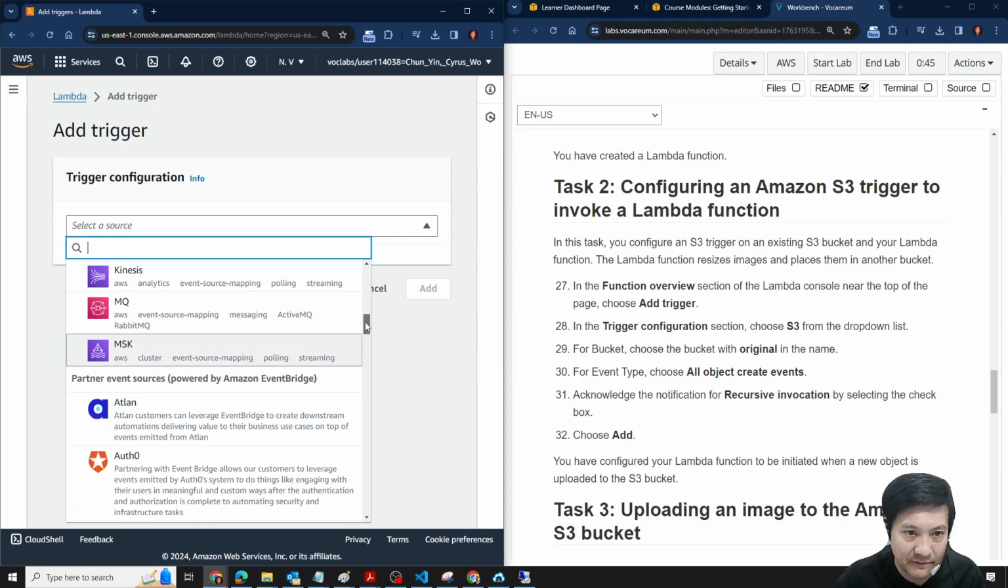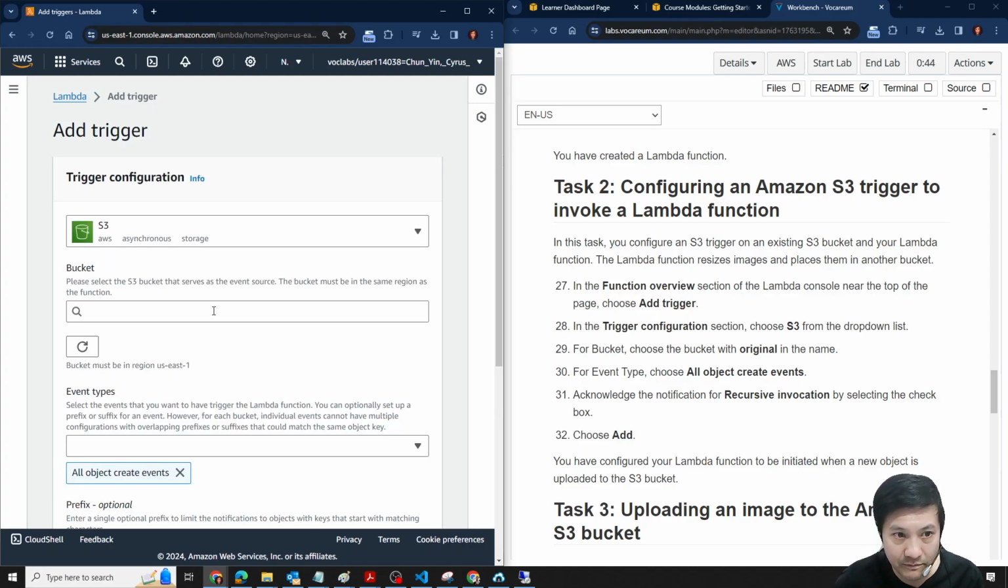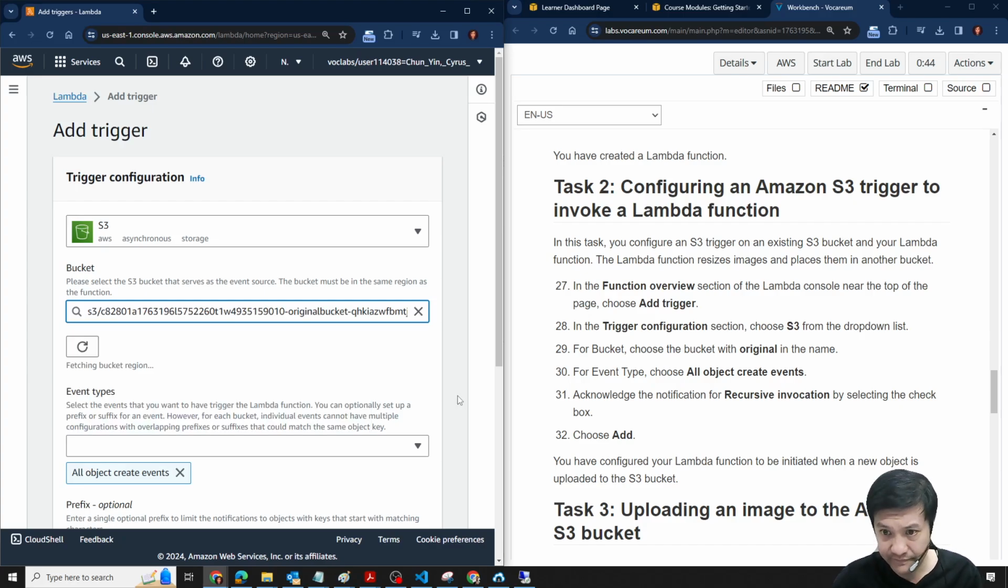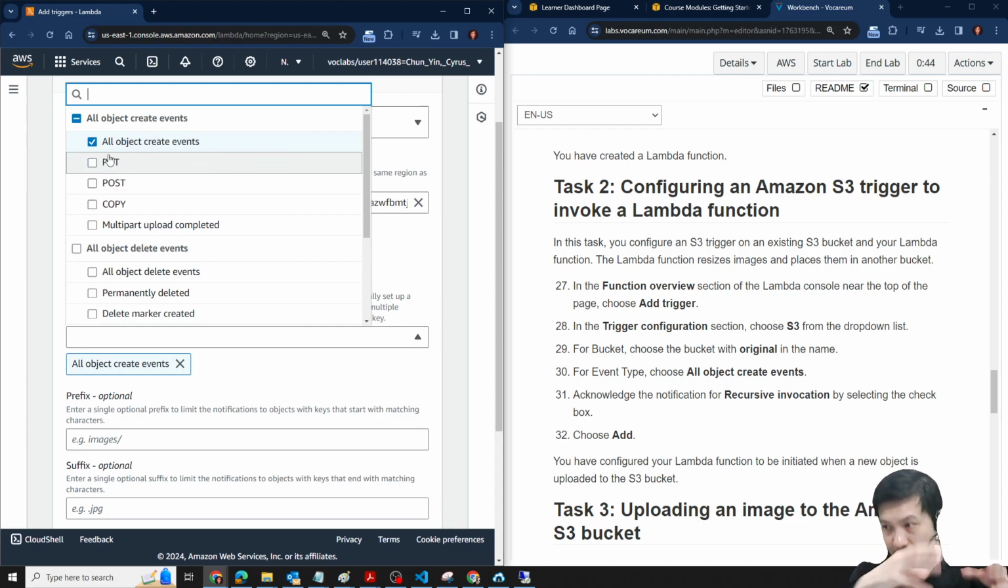But for our case, it's something very general. You pick the S3 bucket here, and then you search for the bucket. Original, this one, the original bucket. Okay, pick this one. And all object creation events. There are different types of event, but by default it is all object creation events. It means a new object is put, a post of a new object, a put that updates it, a copy that also modifies it, and a multi-part upload is